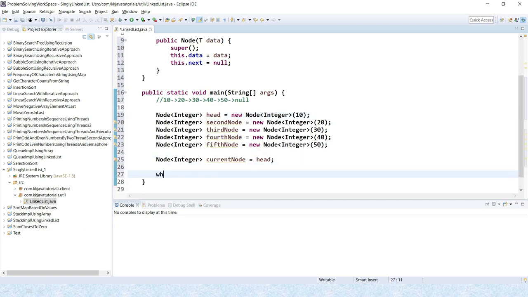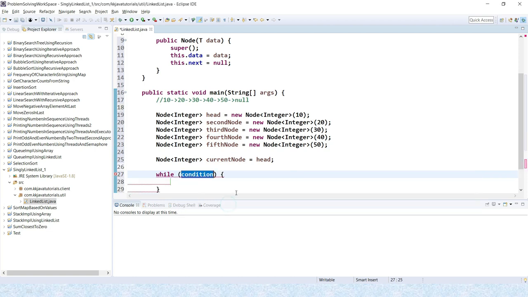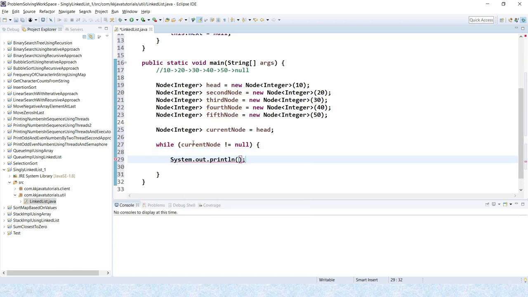And now let's say I'm going to apply a while loop. In the while loop I have to check if currentNode is not equal to null, right? Then we'll go inside. What we'll do, we will display the data part.